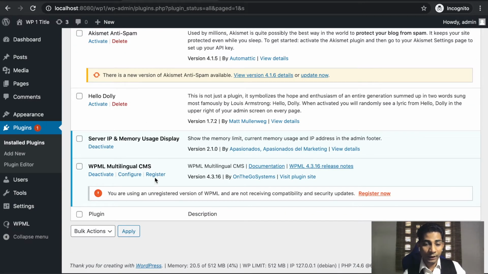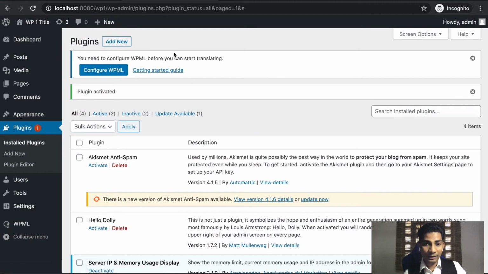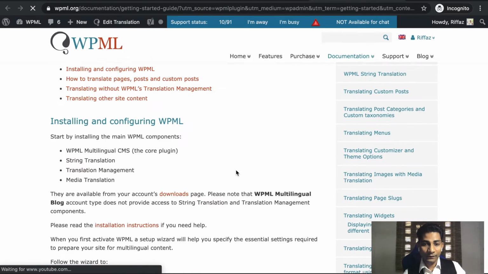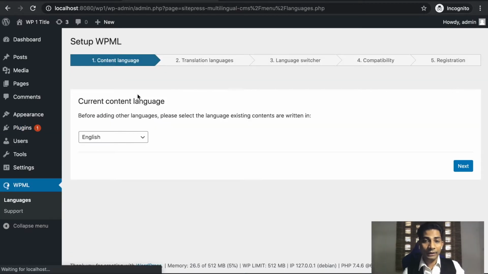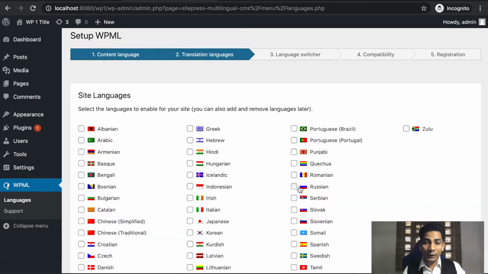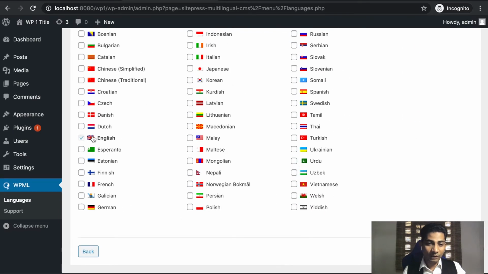After successfully activating my WPML Multilingual CMS, I'm seeing a message that I should configure WPML. If you don't know the steps, you can simply go to this link, Getting Started Guide, and follow it as well. Okay, come back to my plugins page and configure WPML. My site's main language is English, so just click next. And here are the pre-configured languages for WPML. Okay, my default language is already selected here, so I'm going to install it